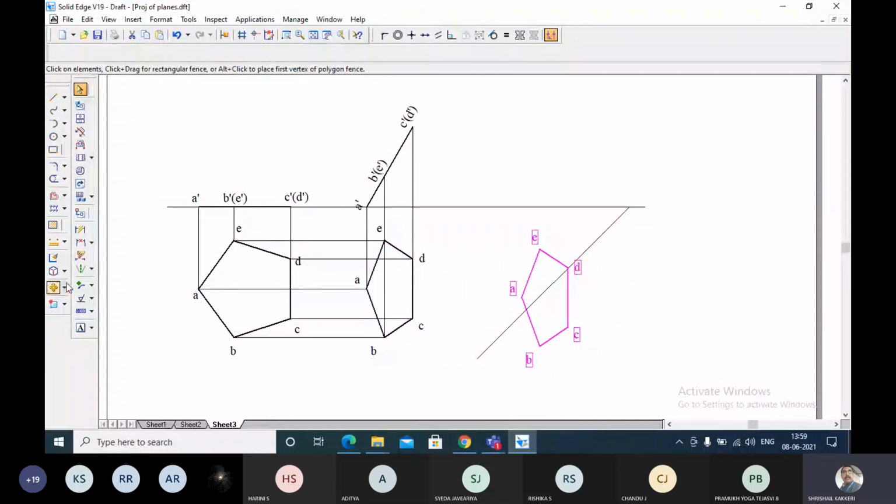Then next go to rotate. I want to rotate the object, the whole object. Take this as a point of rotation. Which one? The end point. If we go now somewhere here, it will be a point near on the line. So it is the end point of this line.